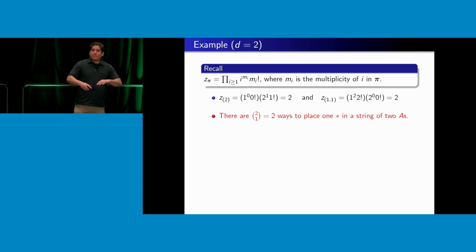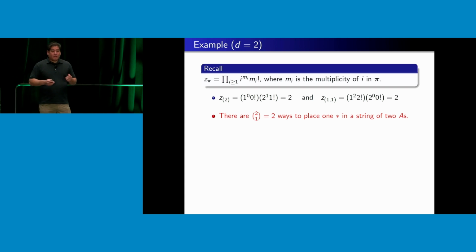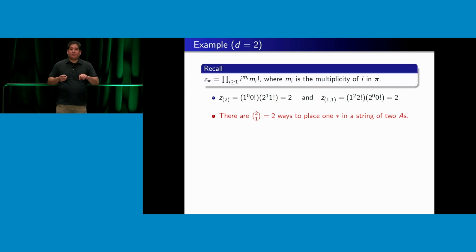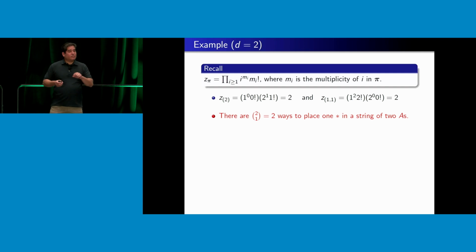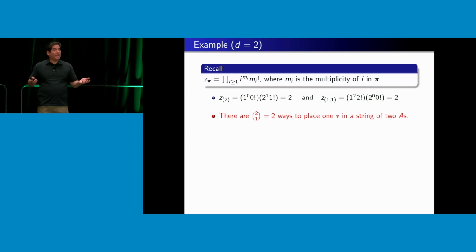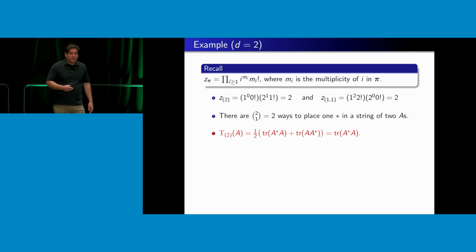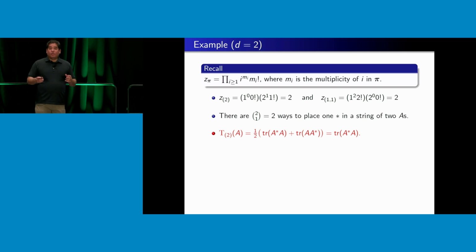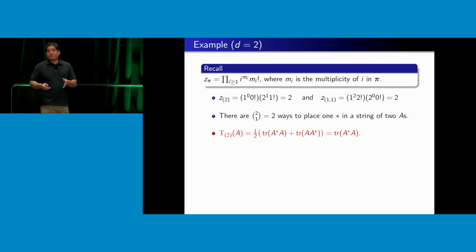So now this averaging process that I mentioned, it's actually not that hard when I'm dealing with d equals 2. Well, OK, I'm going to have two A's. There's not much I can do with those two A's. And I'm going to want to sprinkle in stars on half of them, but there are only 2 of them. So that means I need to essentially average over the number of ways to put a star on one of 2 A's. So not too much is going to go on there. So that's going to give me this T expression from the previous slide. So for the partition 2, what do I get? Well, I'm going to average over all possible ways to sprinkle 1 star among 2 A's and then take their traces. So I'll get something like this.